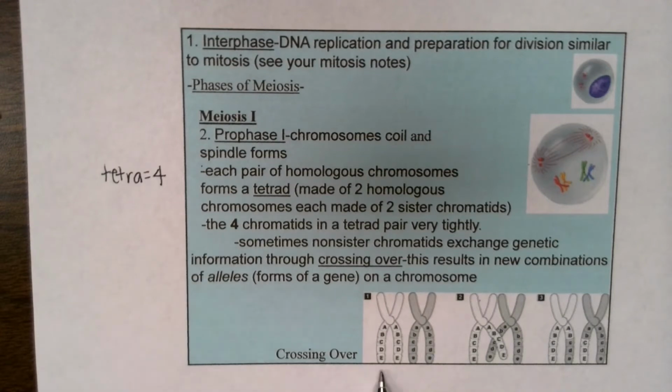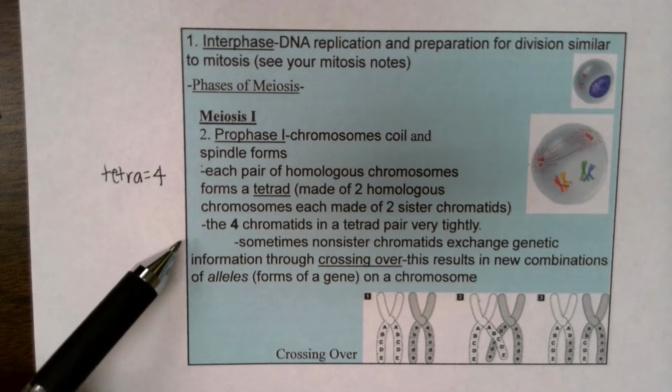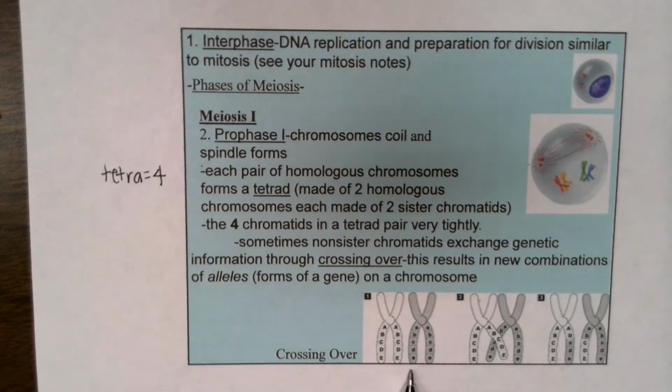So in this picture down here, ignore what crossing over is at this point. That's 1 tetrad on the left, another tetrad, a 3rd tetrad, and a 4th tetrad, okay? So that's where the tetra comes from. That's a homologous pair of replicated chromosomes, right? So in a tetrad, the sister chromatids and or non-sister chromatids in 2 different chromosomes are going to pair really